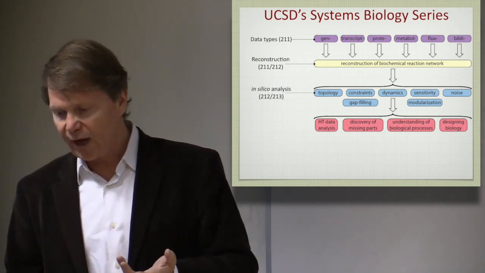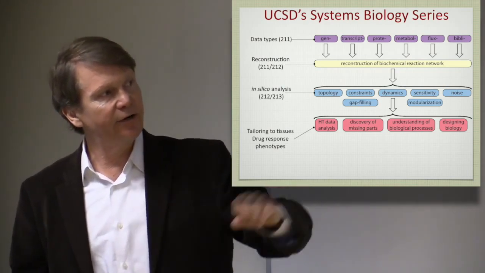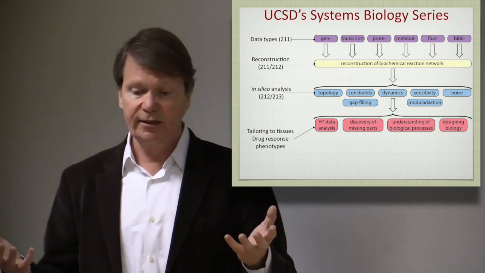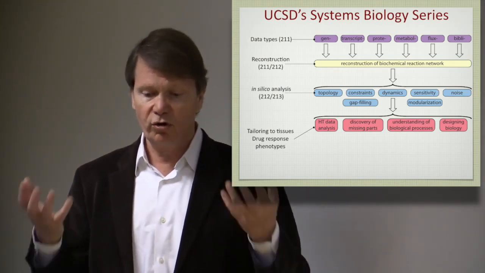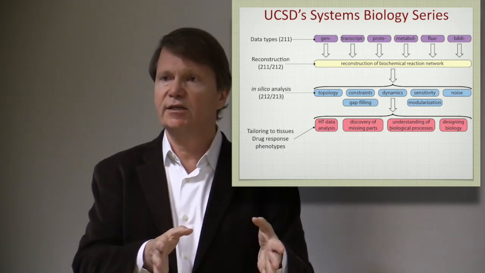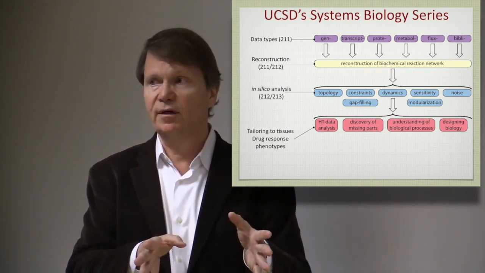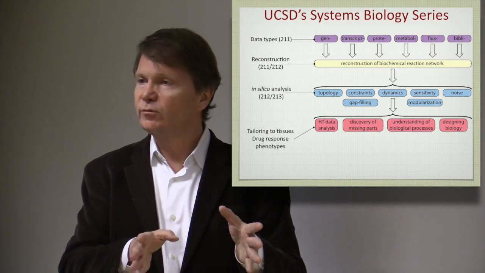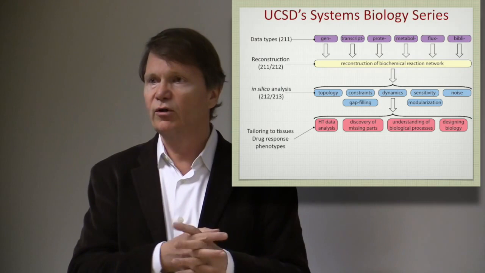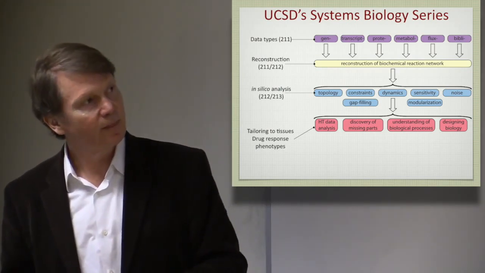And then, of course, we go through the applications, using high throughput data, like I said, tailoring Recon 1 to a particular tissue type, seeing a cell that has been exposed to a drug and not exposed to a drug, profiling both of them, mapping it onto a network, and getting a genome scale assessment of what the drug perturbation actually does. And that's proving to be very surprising because, since I'm on tape, I won't say much, but people think they know the primary target of a drug, but often that turns out not to be the case, or sometimes.